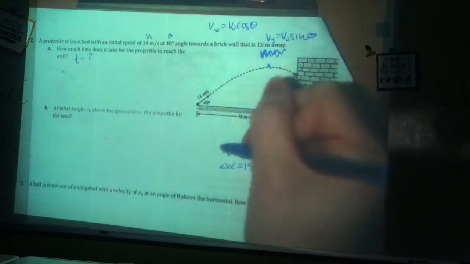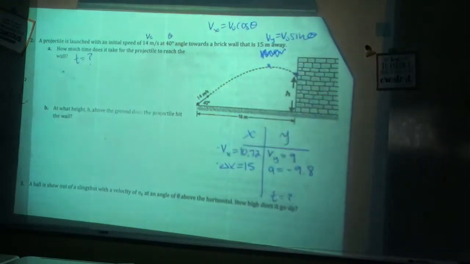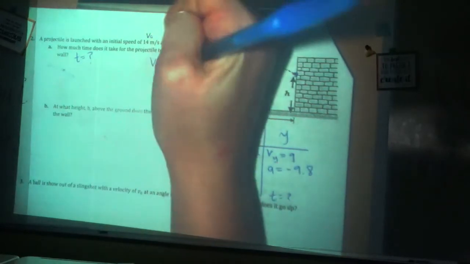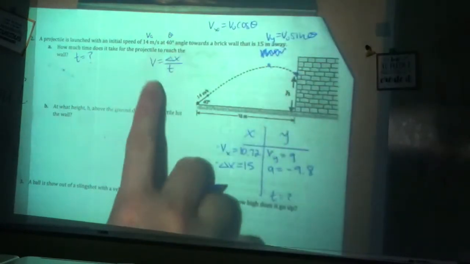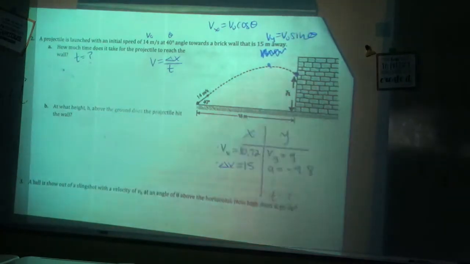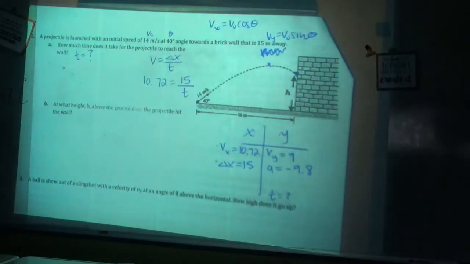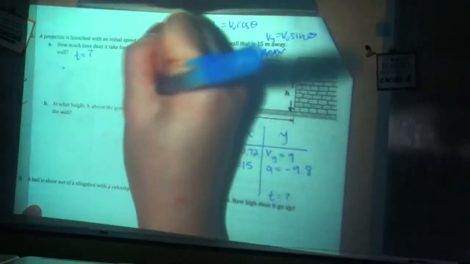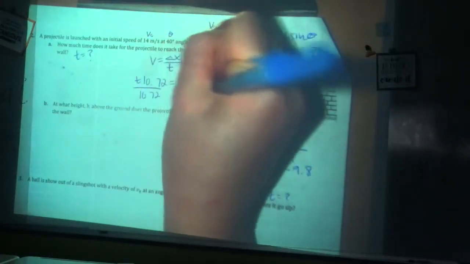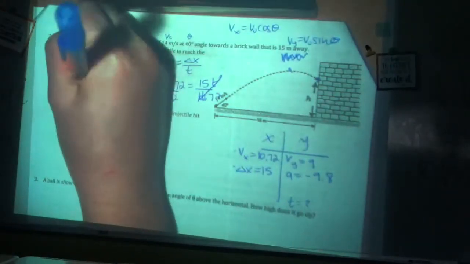But I do have my x velocity and my delta x, and because x is going at a constant speed, there's no acceleration sideways, I can use my v is delta x over t, plug in the x velocity. Displacement x was 15 over t, and now I just rearrange for time, so I multiply the t up, divide the 10.72 over, and I get that the time it takes to reach the